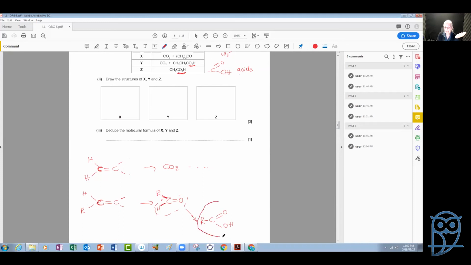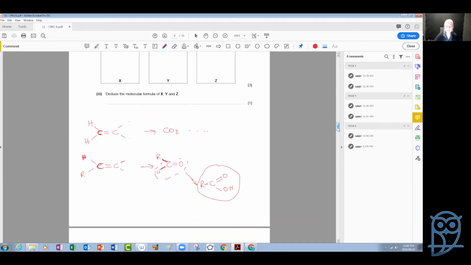This is a carboxylic acid that they are talking about, and this is the product of some alkene that had this form, had one carbon was connected to one hydrogen and some other alkyl substituent. So already we get an idea, which is enough actually to answer this question, but let us discuss the third